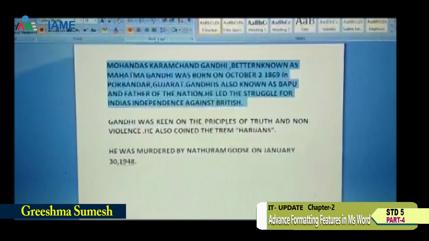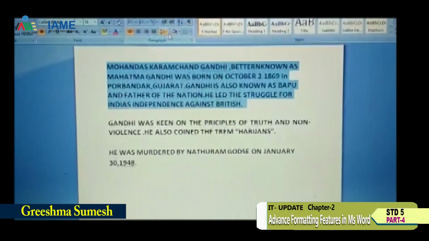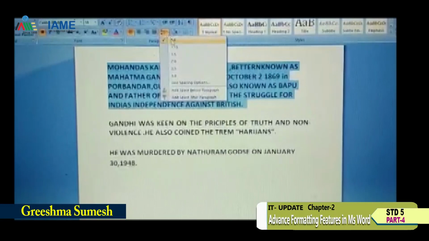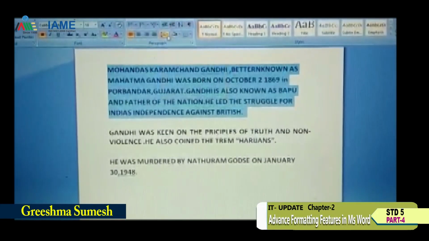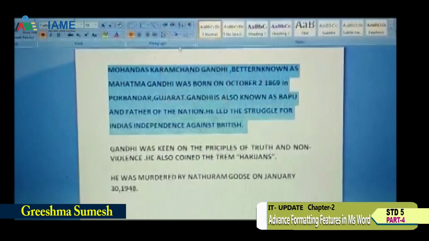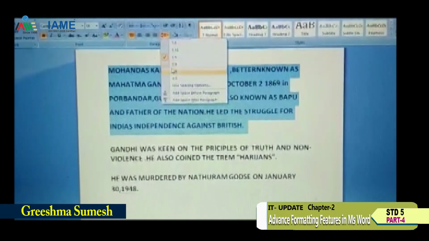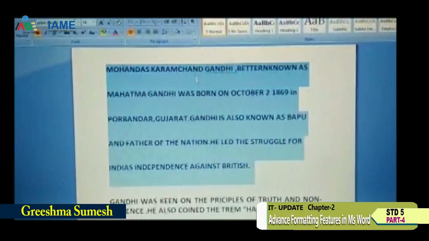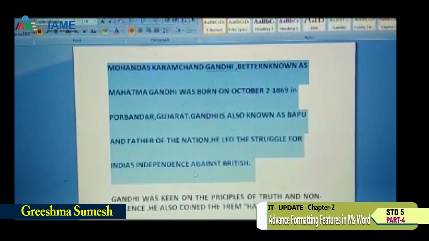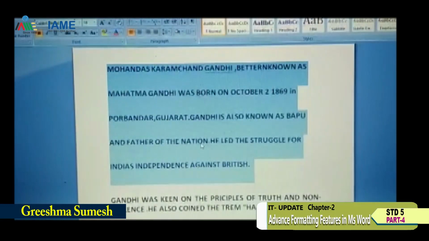Then see this paragraph option, line spacing. See the difference with 1.15. Then next, 1.5. Next, 2.5. See, the line spacing is changing. These are the line spacing options.